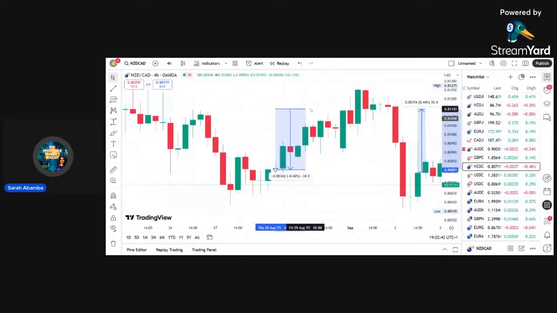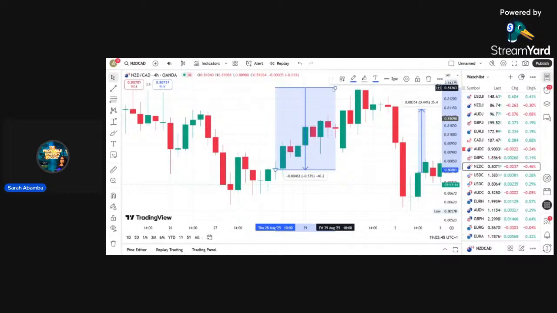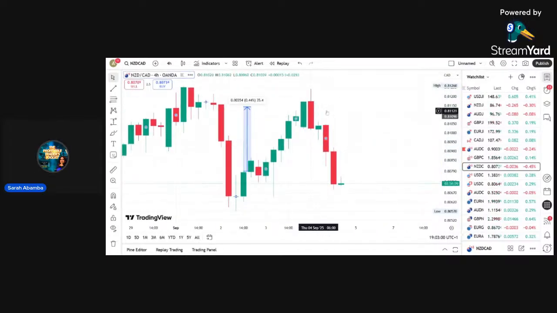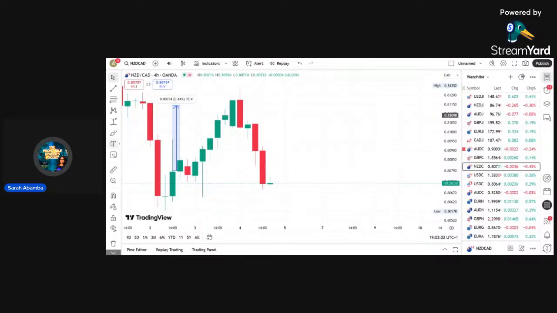You see that market went, this is 46 pips. That is like $460 for a standard lot size. So I believe we understand the concept of the star pattern. Though this is a bullish star pattern, the bearish star pattern is the opposite, but I'll still state the conditions too. So for the bearish star pattern,